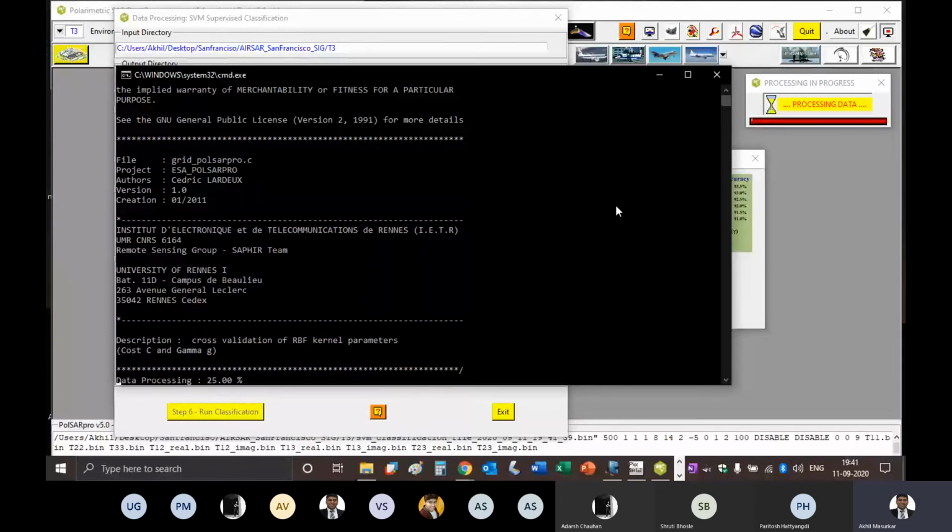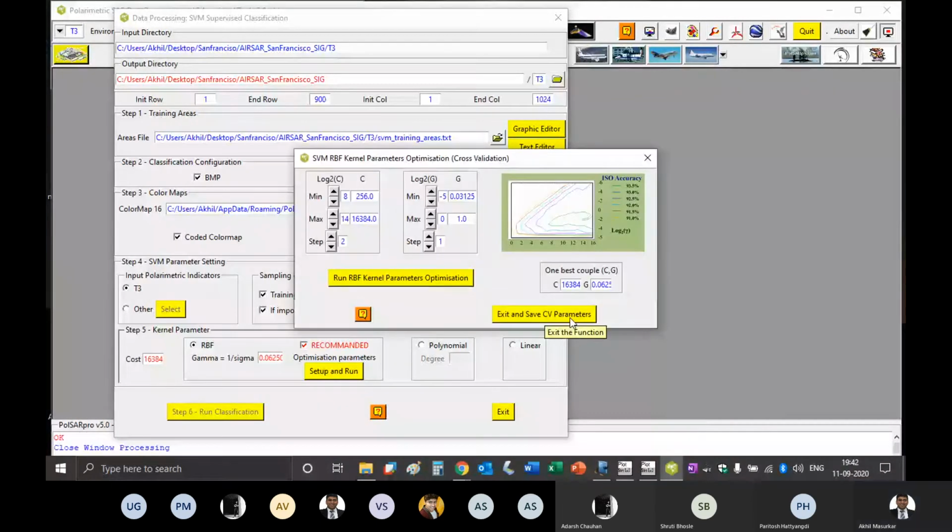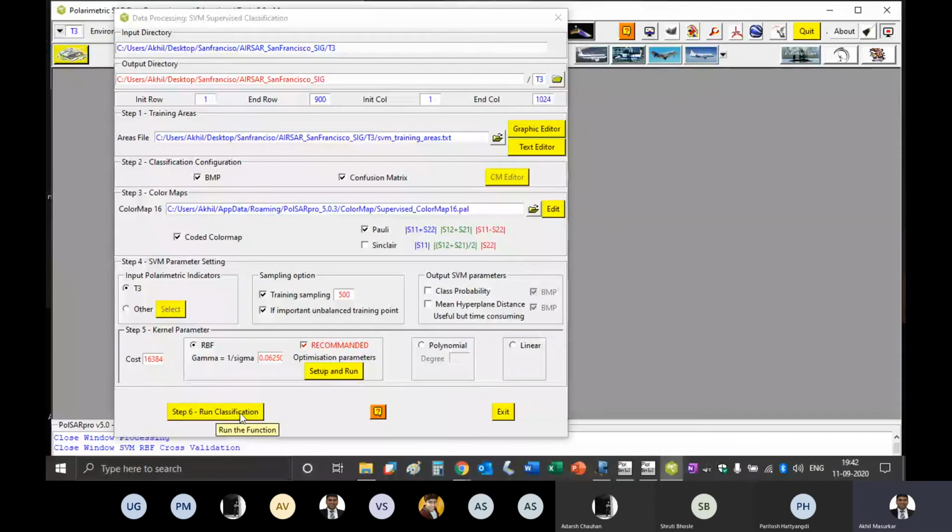Which one is SVM and which one is Wishart? Okay, right one is Wishart. So in terms of confusion matrix, you should compare.